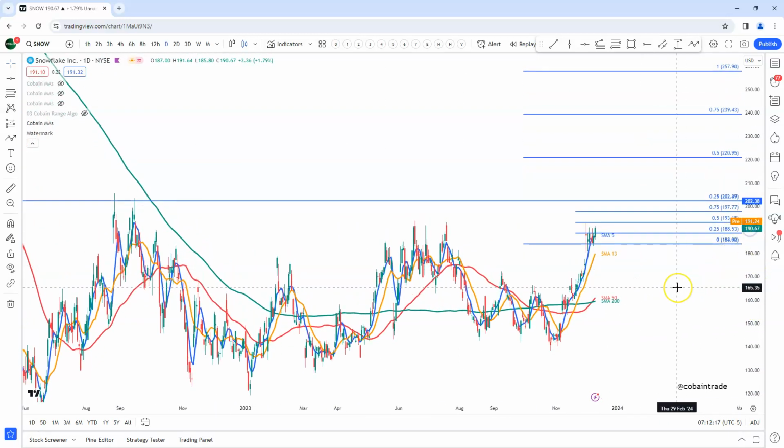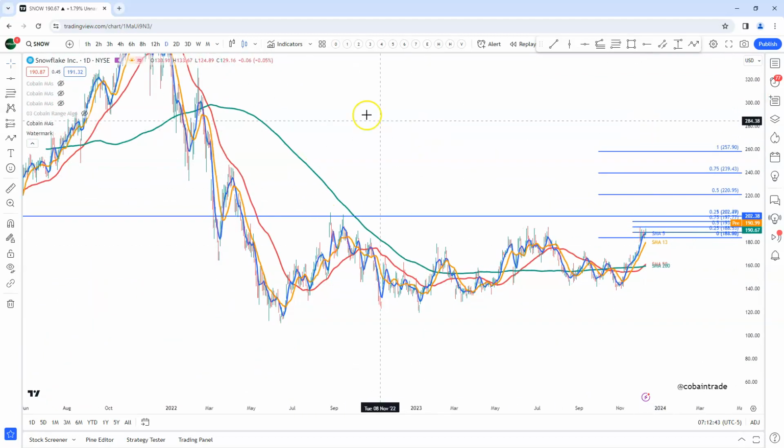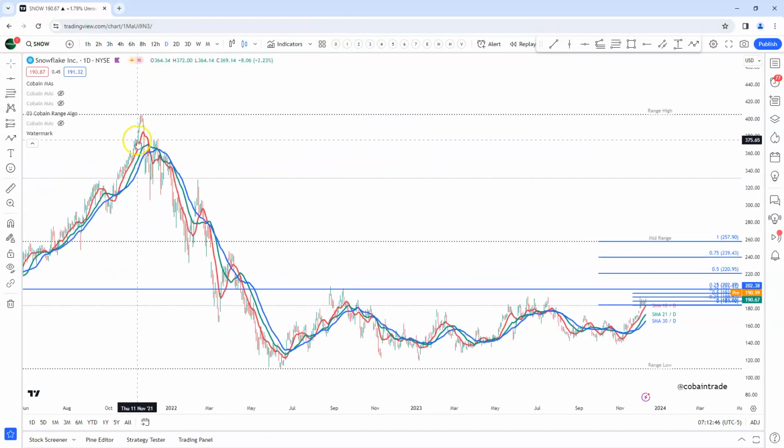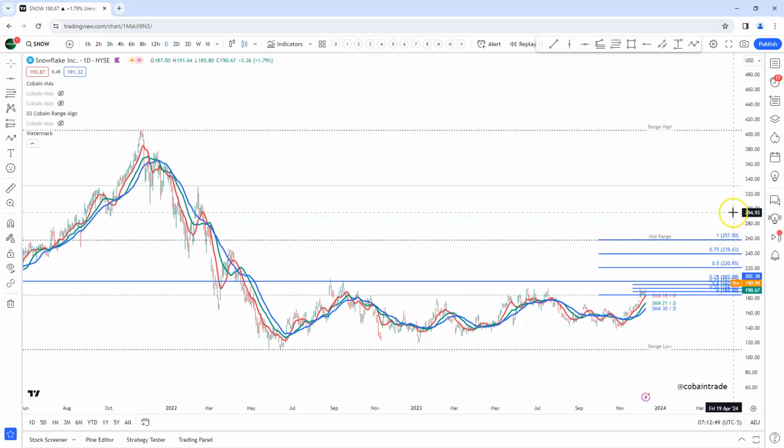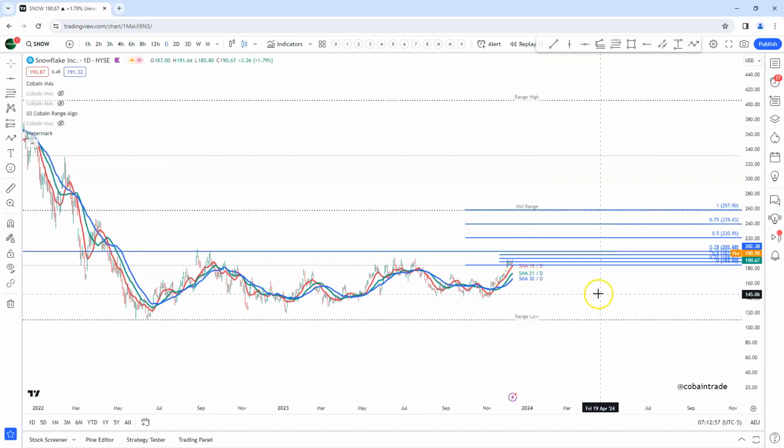So this time, going out into 2024, we would look for price to try and make its way up. It's not going to be in one go. It's going to be backwards and forwards, maybe coming back to do some testing of the breakout of the 184, possibly. The key is for price to flip this 202. Once we do that, then we can start targeting where the algo had the mid-range, which is 257, 258, this level here. That's our intermediary target now with SNOW, which is why it's of interest,